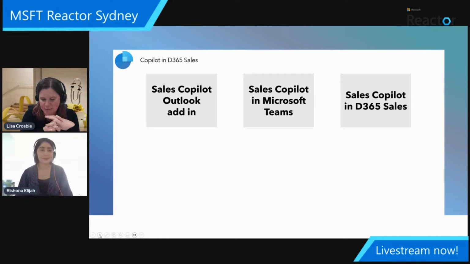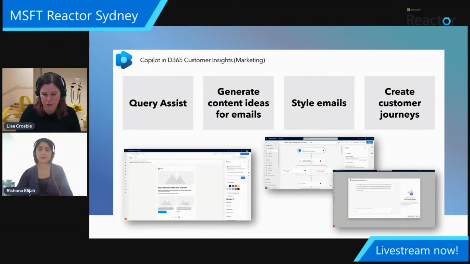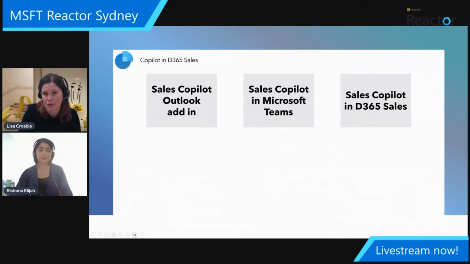So as far as, there are many different Dynamics 365 Copilot experiences. Some of them are in preview and haven't been released yet. What happens with Microsoft with the announcement of licensing is that, generally speaking, they will announce the licensing at the same time as general availability. So in answer to the one we're about to talk about, Dynamics 365 Sales Copilot, that is generally available, and yes, it is included. It's included in your Dynamics 365 Sales Enterprise license. It's also included in your Dynamics 365 Premium license.